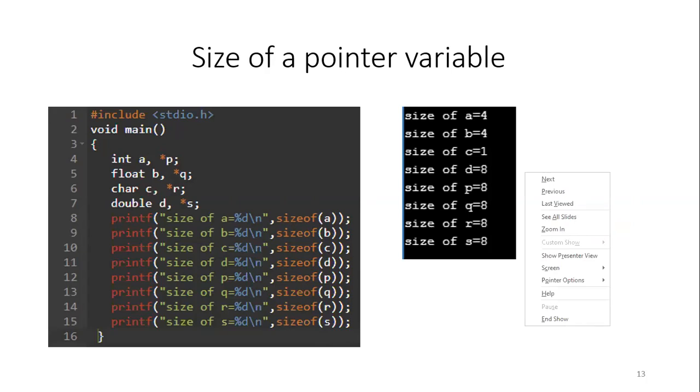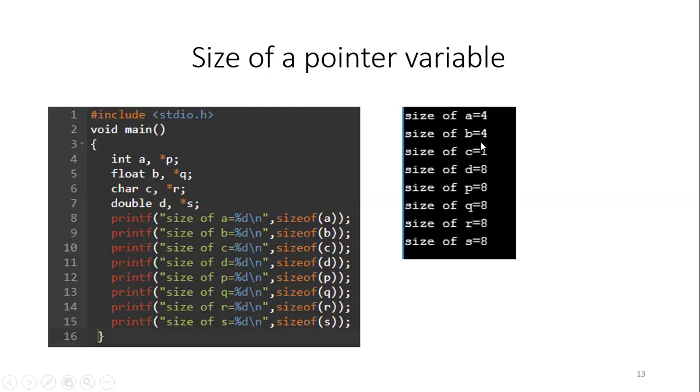So when this program is executed, I will get output like this. Let us see what this output is now. First, in my compiler, the size of the variable A, which is integer, is printed as 4. That means in my compiler for the integer variable, 4 bytes are allocated. That is, 4 memory locations are allocated, and in every memory location, I can store 1 byte of data. So for integer, 4 memory locations are allocated.